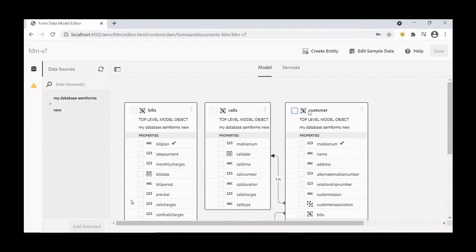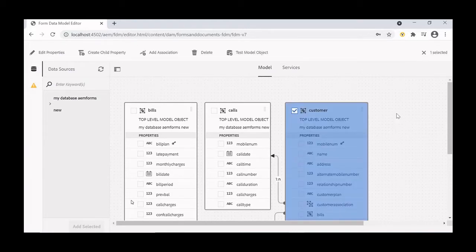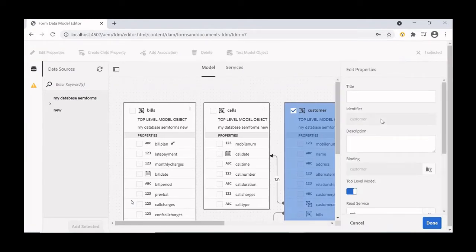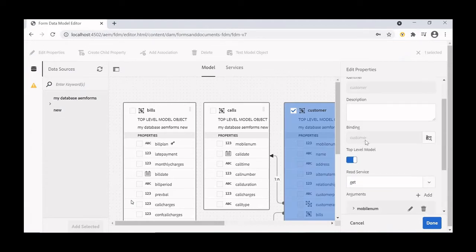So the very first thing is we have to configure the customer, and I have already added those properties, but I'll just go through what properties we need to configure. We click on edit properties, and the title is an optional field. The identifier will be customer, and binding will be customer again.